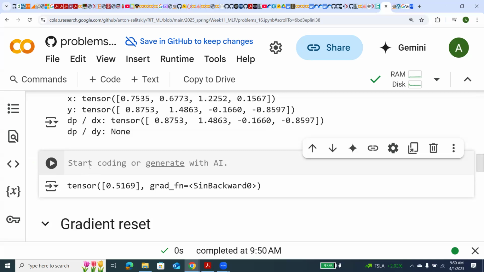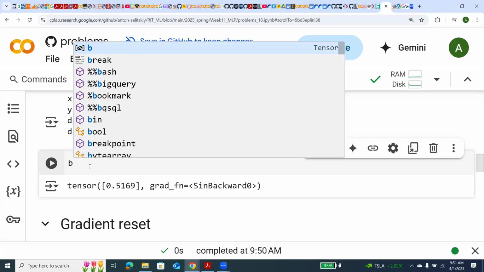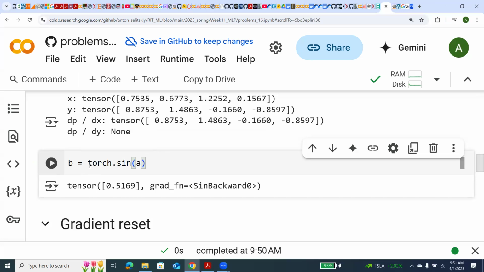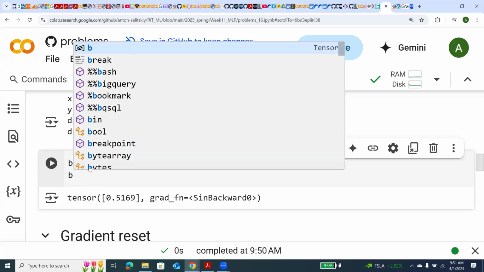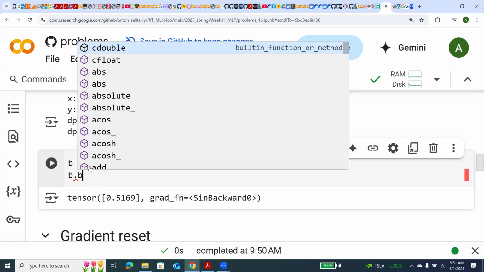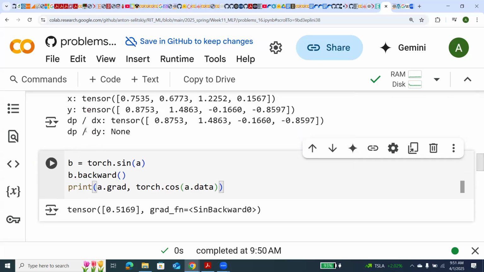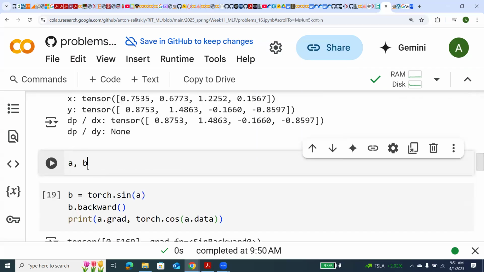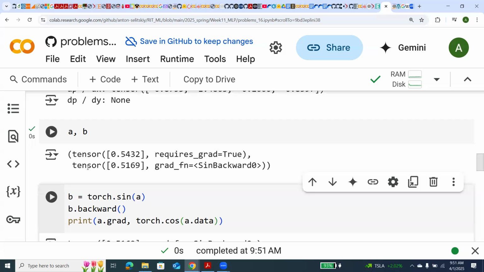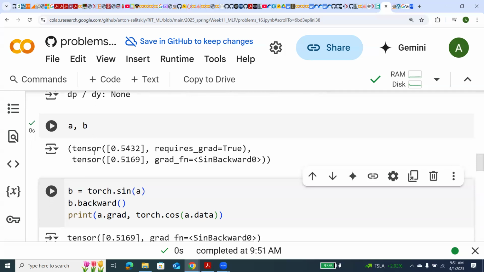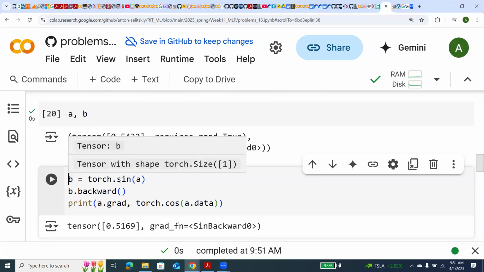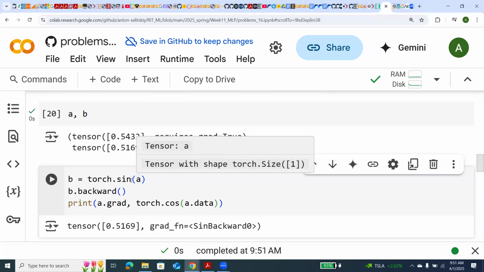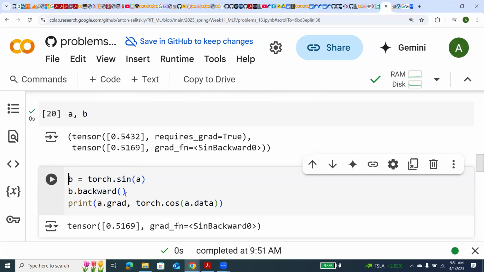You remember b was the sine of a. If I calculate b again and apply backward, let me first print the previous values. So if I apply the function again to a and calculate backward,